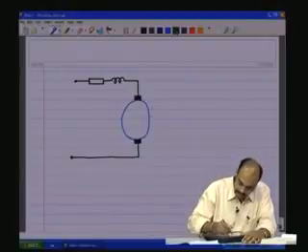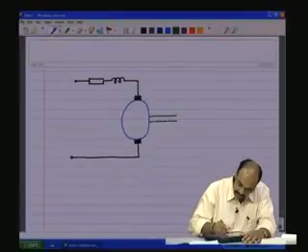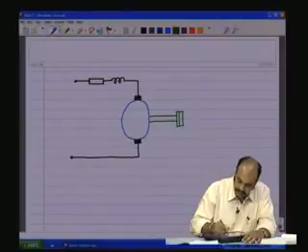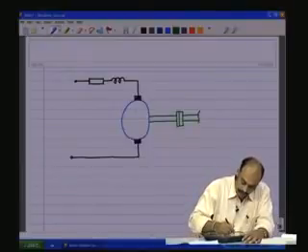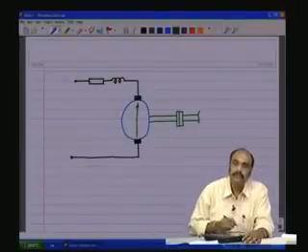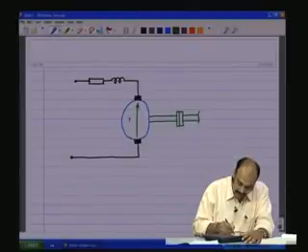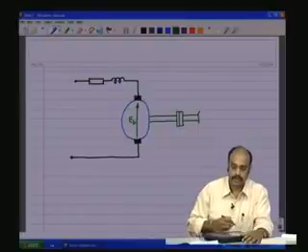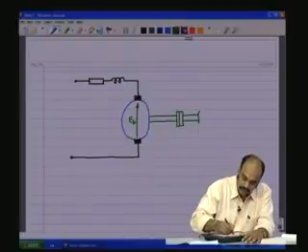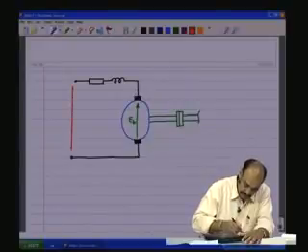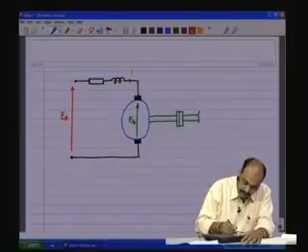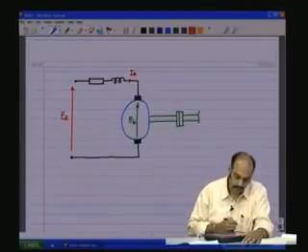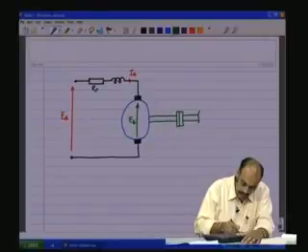Now, this is the DC motor which has a mechanical shaft, and we said that in the case of the motor the energy is moving from the electrical domain to the mechanical domain, and the mechanical loading gets reflected on the electrical domain as back EMF across the brushes. Now, we apply a voltage EA, and there is an armature current IA which is flowing through it. This is RA and LA,